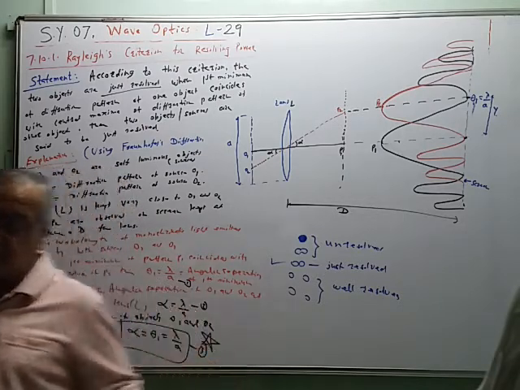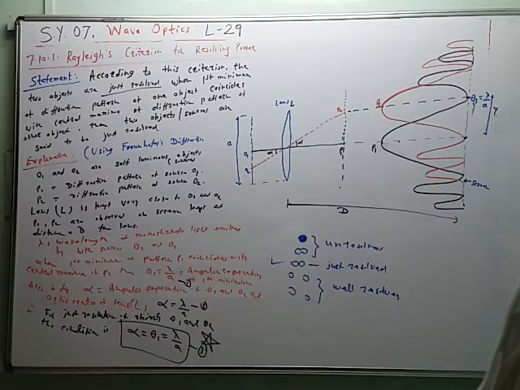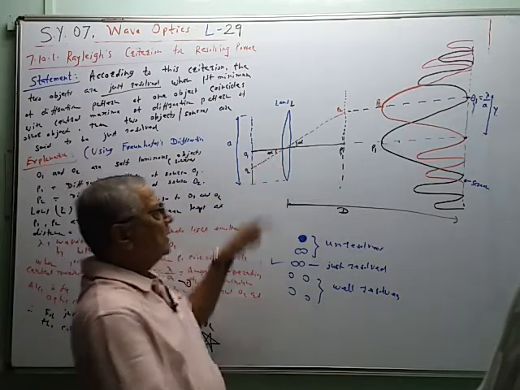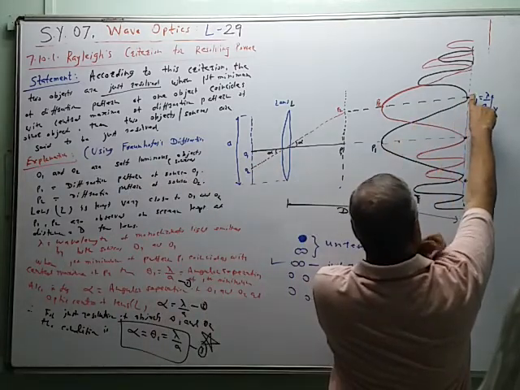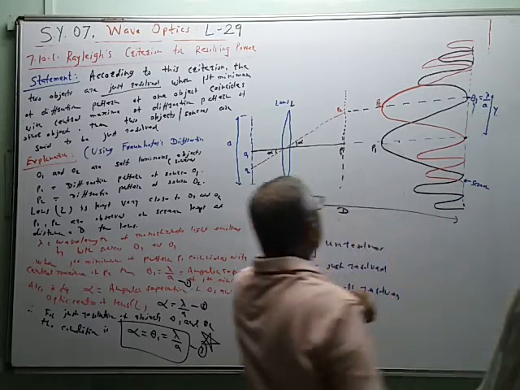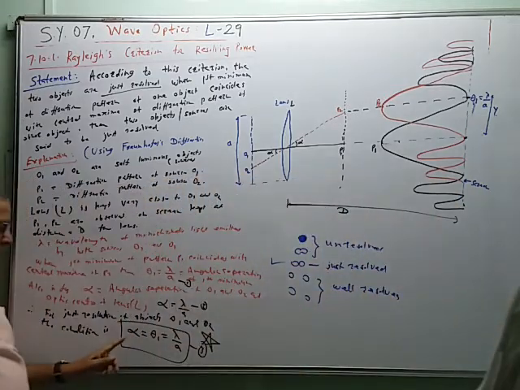This is equation number 3. Mathematically, you can give the condition for just resolution like this: the angular separation alpha of the two objects at the optic center and the angular separation theta 1 of the first minimum of the diffraction pattern must be equal.